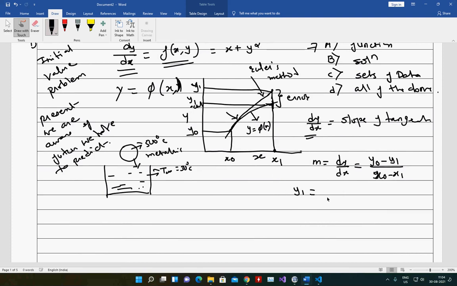Now I can rearrange this equation. m is nothing but dy by dx, which I could write as f of x, y, and I put it here. So y1 equals y0 plus x0 minus x1 into f of x, y. Wait, this will be minus, not plus.